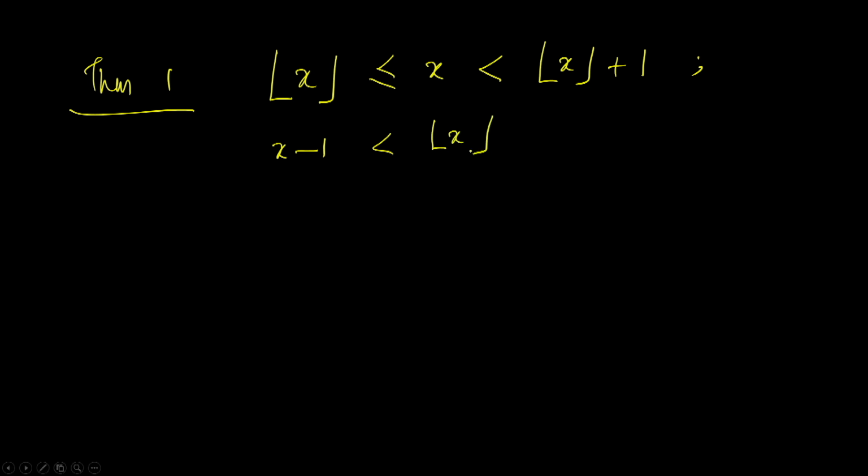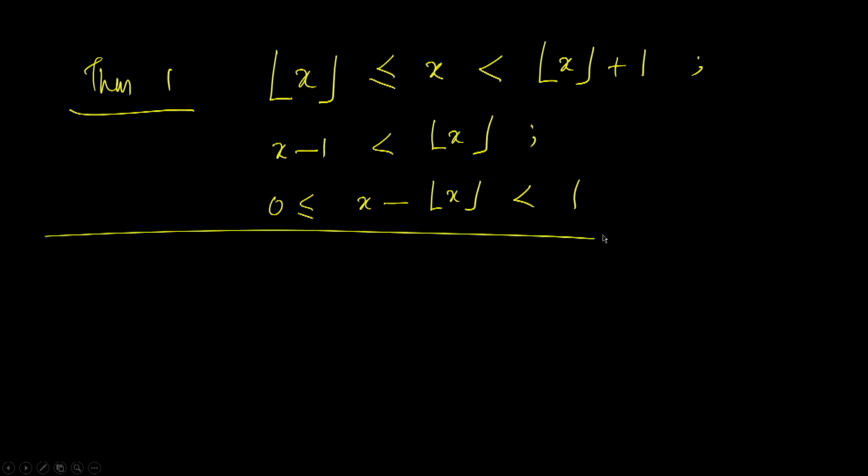The first theorem says that floor of x is less than or equal to x, which is less than floor of x plus 1, and x minus 1 is less than floor of x, and 0 is less than or equal to x minus floor of x, which is less than 1. So, to prove this,